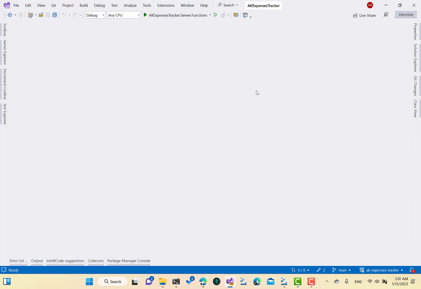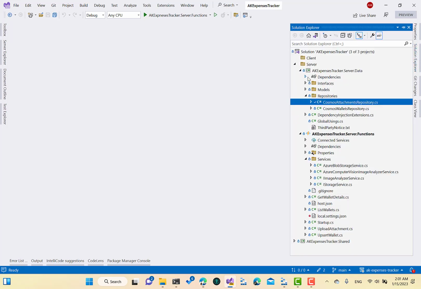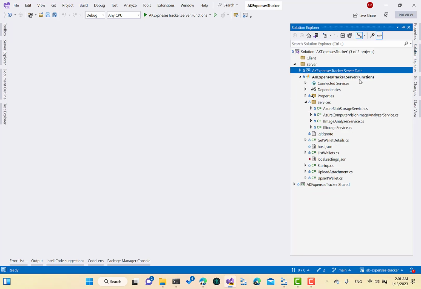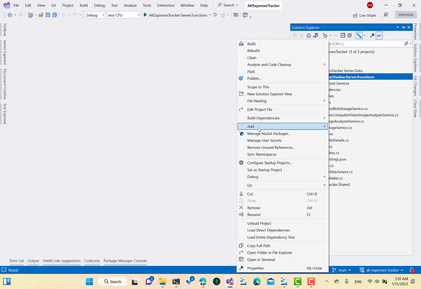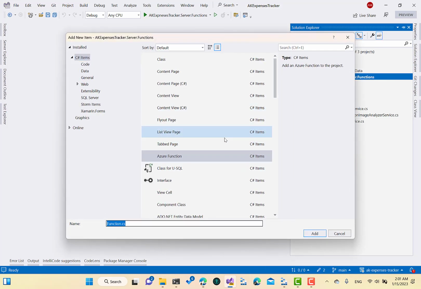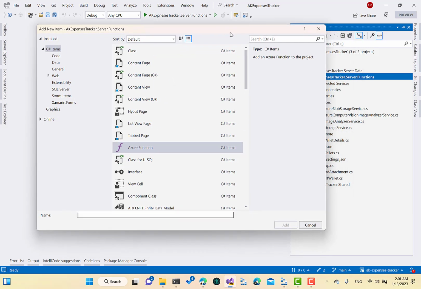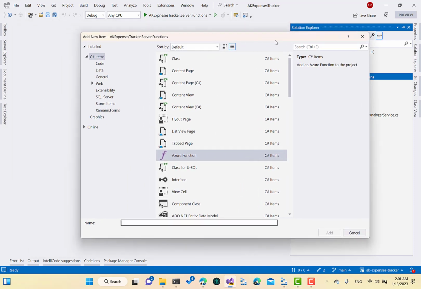So what we need to do is create a new Azure Function in the server.functions project, and this time it will be run by a timer trigger. We will learn about a new thing in Azure Functions, because so far all our functions are triggered using HTTP requests, but now we will use the timer trigger. So a new Azure function, we'll call it delete unused attachments,